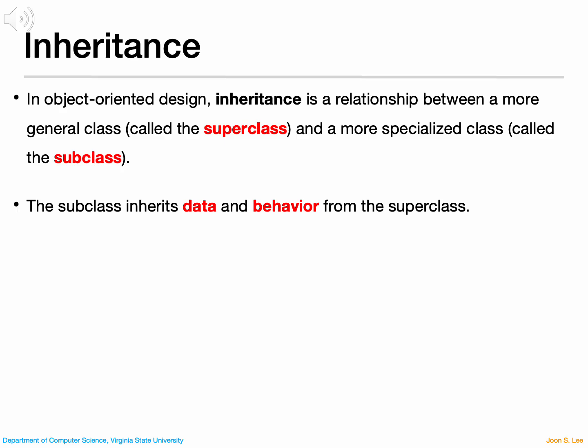In object-oriented design, inheritance describes a relationship between two classes. We have a more general class called the superclass and a more specialized class called the subclass. The subclass builds on the superclass. It inherits both data, which are the attributes, and behavior, which are the methods, from the superclass. This means we don't have to rewrite the same code. We can reuse what already exists and extend it. So the key idea is, a subclass is a more specific version of a superclass, and it automatically gets its